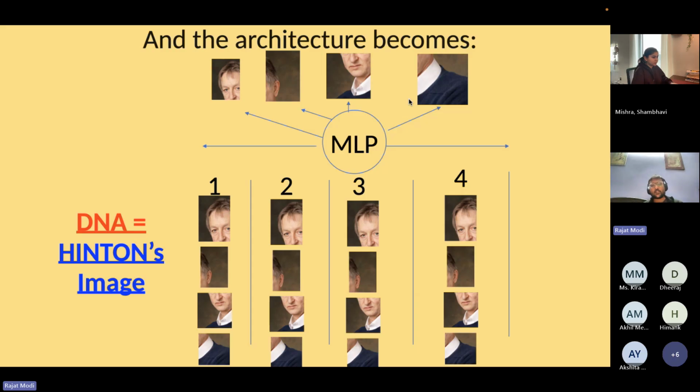So this is the architecture, and just by changing the way we feed the data, the MLP is able to reconstruct the RGB of any image in the wild. As you can see, the MLP is able to process all of these columns independently now. Sometimes it will give you an ear, sometimes a nose. This is equal to how different locations in your body contain the same DNA, and depending on the location you get an eye or an ear.